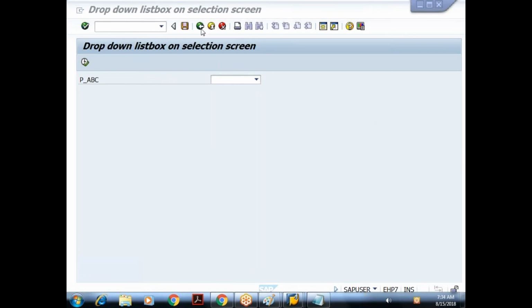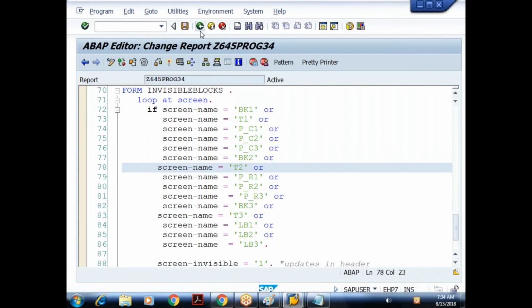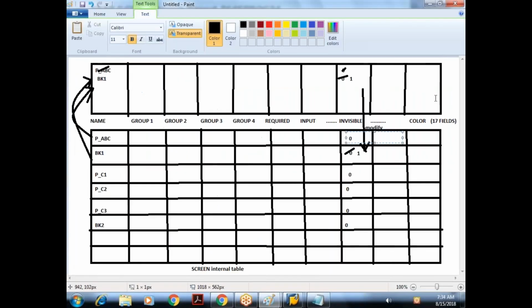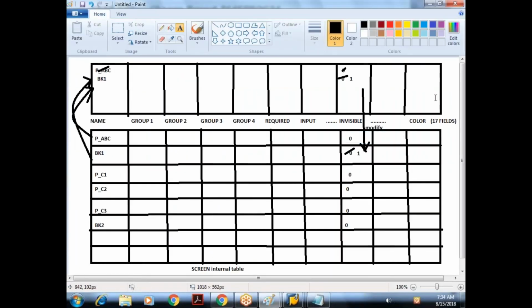So I repeat this once again. During the execution of every program, an internally created internal table is available called as what? Screen internal table. SAP will create that internal table based on what? Screen structure. What that internal table contains? It contains the information of screen elements.